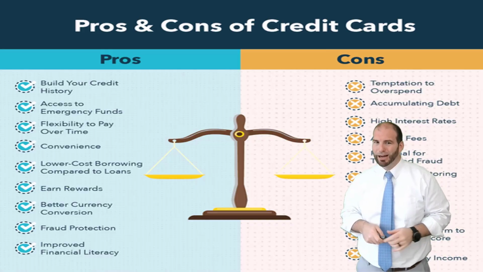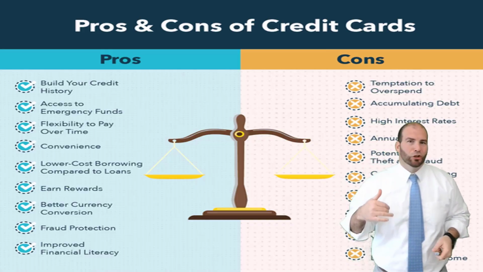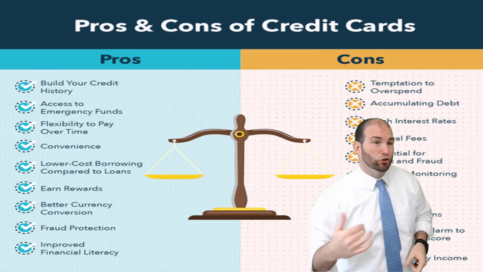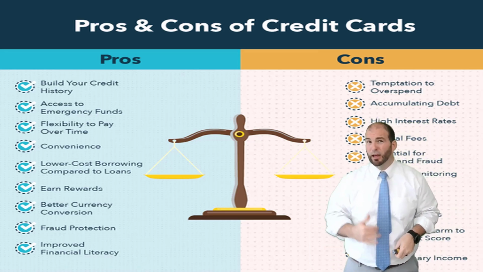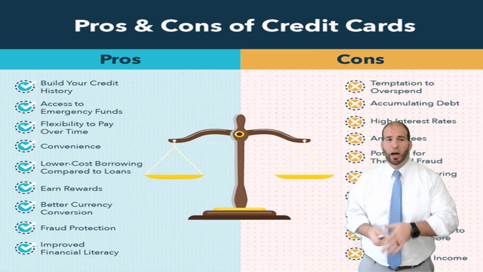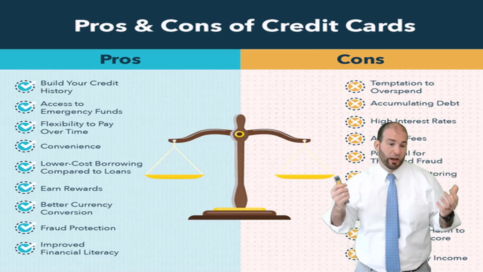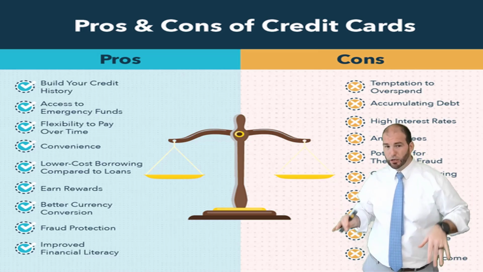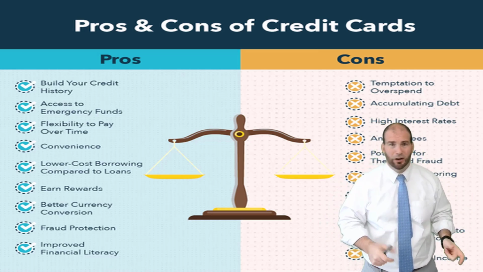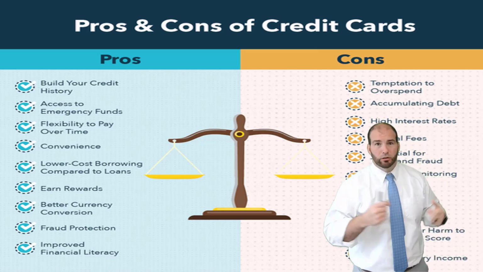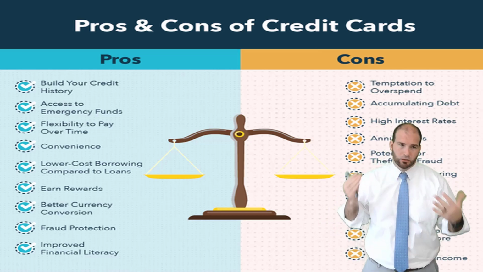So if you can pay it off every month on time, there are benefits to a credit card. It's a little bit like playing with fire. So some of the big pros of this is it builds your credit history. And we're going to talk about that quite a bit next unit. Access to emergency funds. So if you're out of money, it's 2 days before payday. You blew a tire and you have to have that tire to get to work. Credit cards for emergencies are necessary.